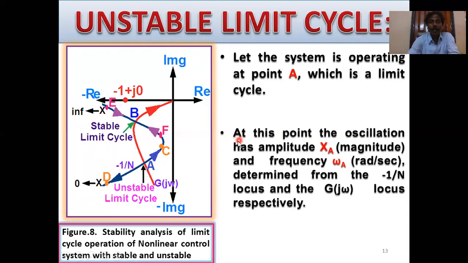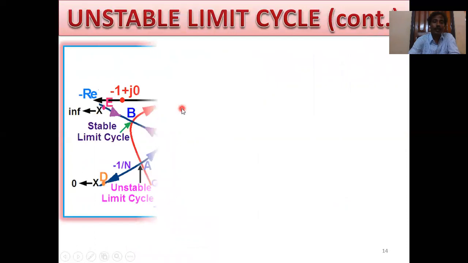At point A, the oscillation has an amplitude equal to X_A and frequency ω_A. That means at point A, the magnitude equals X_A and the frequency equals ω_A, determined from the -1/N locus and the G(jω) locus respectively. Then,